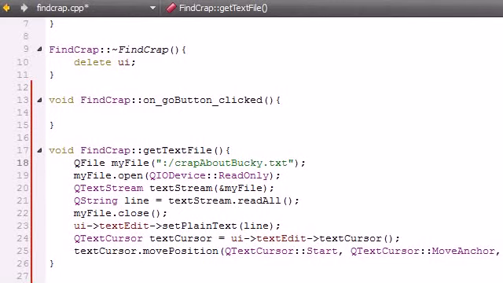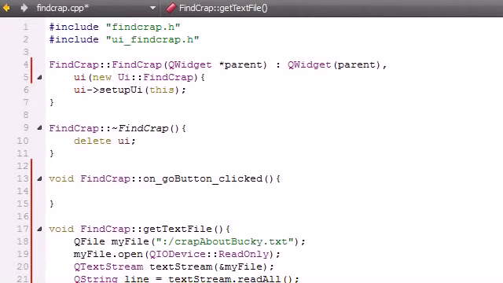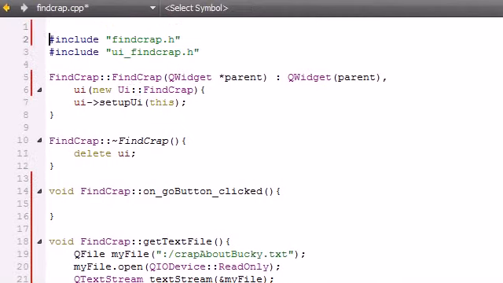Alright, welcome to your 13th video, and now that we are finally done coding this get text file function, what we actually need to do is include a couple things. I probably should have done this first, but in order to use your files in Qt and also your text stream, you need to go ahead and include,